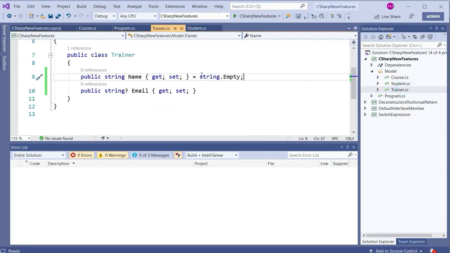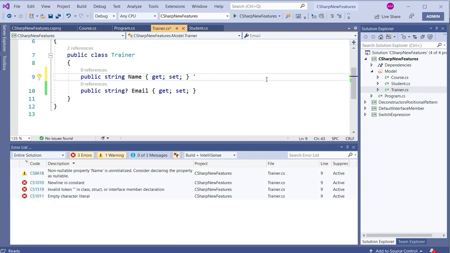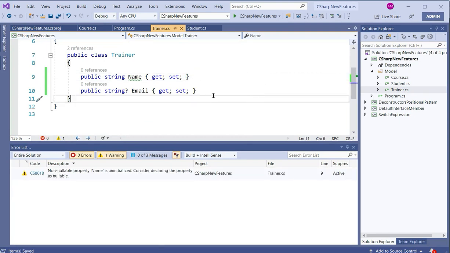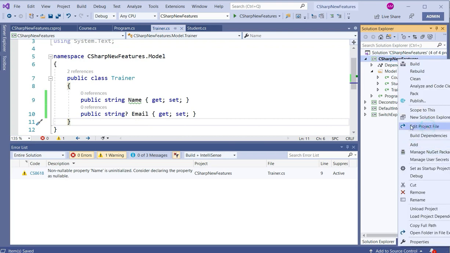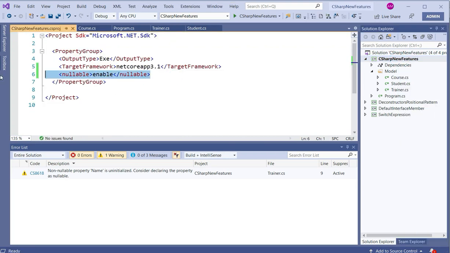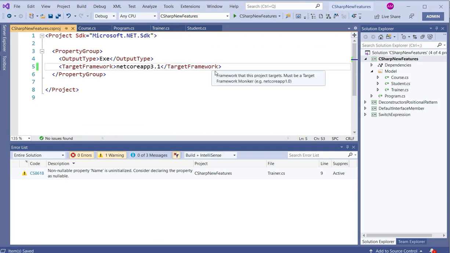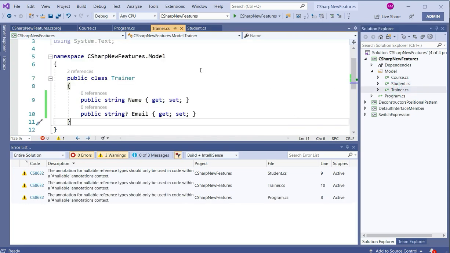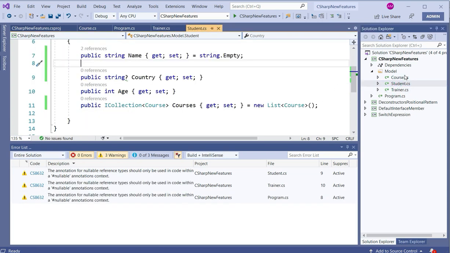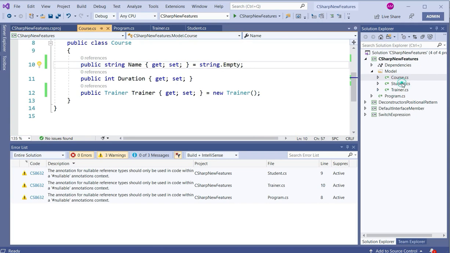So let's remove these things. First off, let's remove the property that we added in the project file. And the moment we remove this, it no longer warns us about the properties that we made nullable.